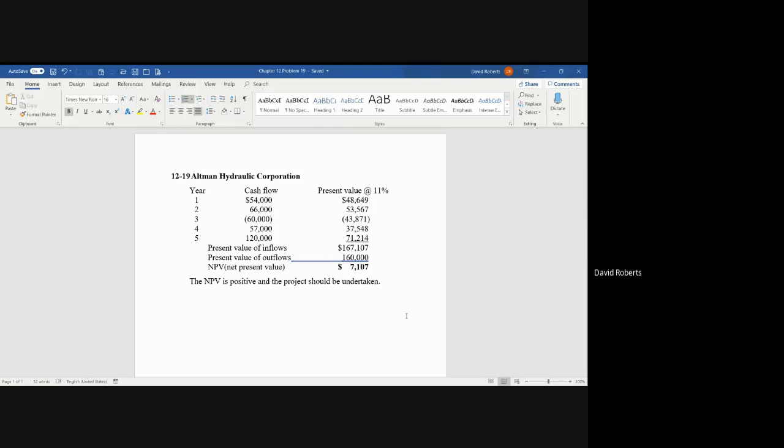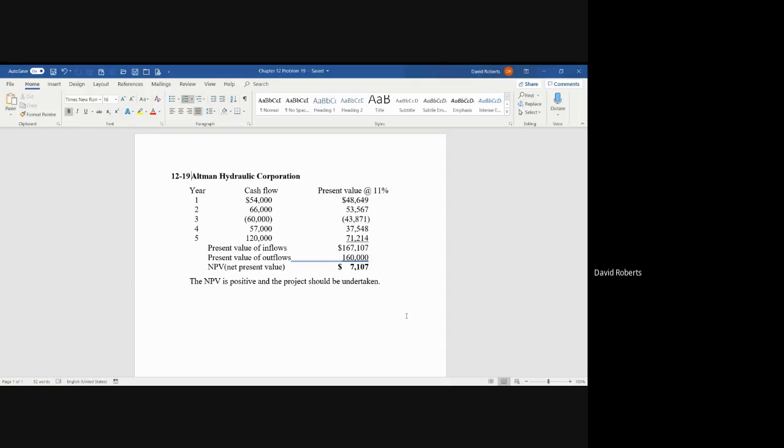So you have an initial investment of $160,000, and cash flows are positive for the first 2 years of $54,000 and $66,000 respectively. Then in year 3, there is an outflow of $60,000, so be careful with that to make sure to use the plus minus button on your calculator if you're using the BA2 plus. And then you have positive cash flows of